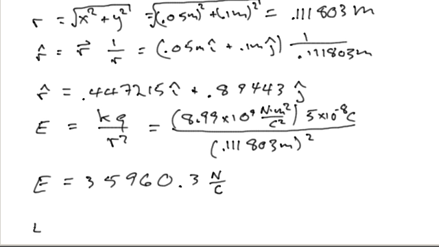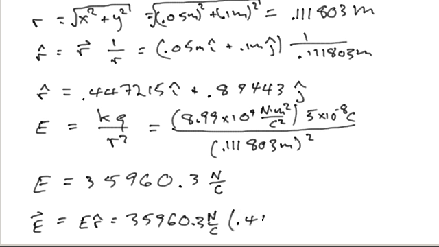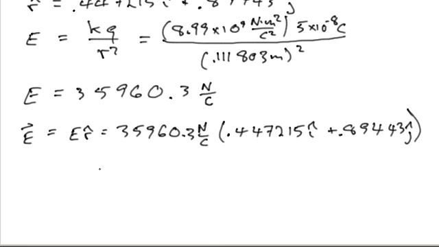And then vector E is equal to E r hat, which in this case would be 35960.3 newtons per coulomb times 0.447215 I plus 0.89443 J, and it gives us the vector E